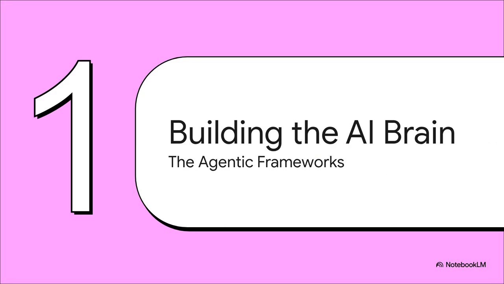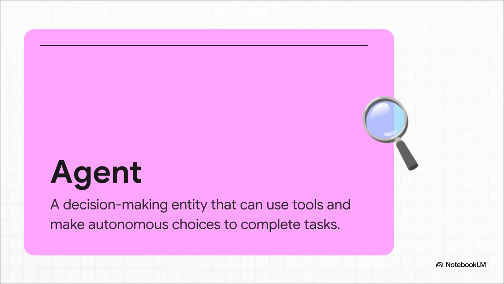All right, so let's dive into that first tribe. Let's talk about the thinkers. These are the developer-centric libraries you use to build out the sophisticated logic for what we're calling AI agents. So what exactly is an agent? Well, think of it like this. It's not just a passive program. An agent is an AI entity that can actually make its own choices. It can use tools like searching the web or calling an API, and it can work autonomously to complete a goal you give it. It's basically the difference between a simple calculator and a virtual assistant that can plan your entire vacation for you.